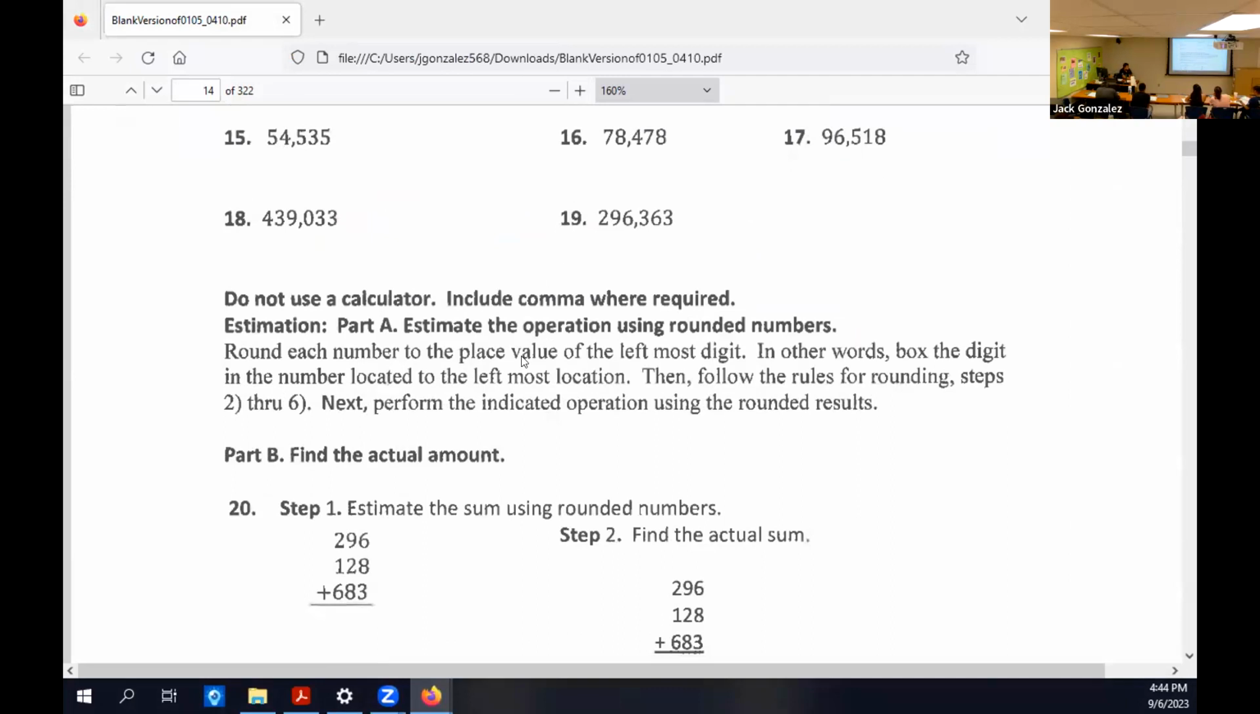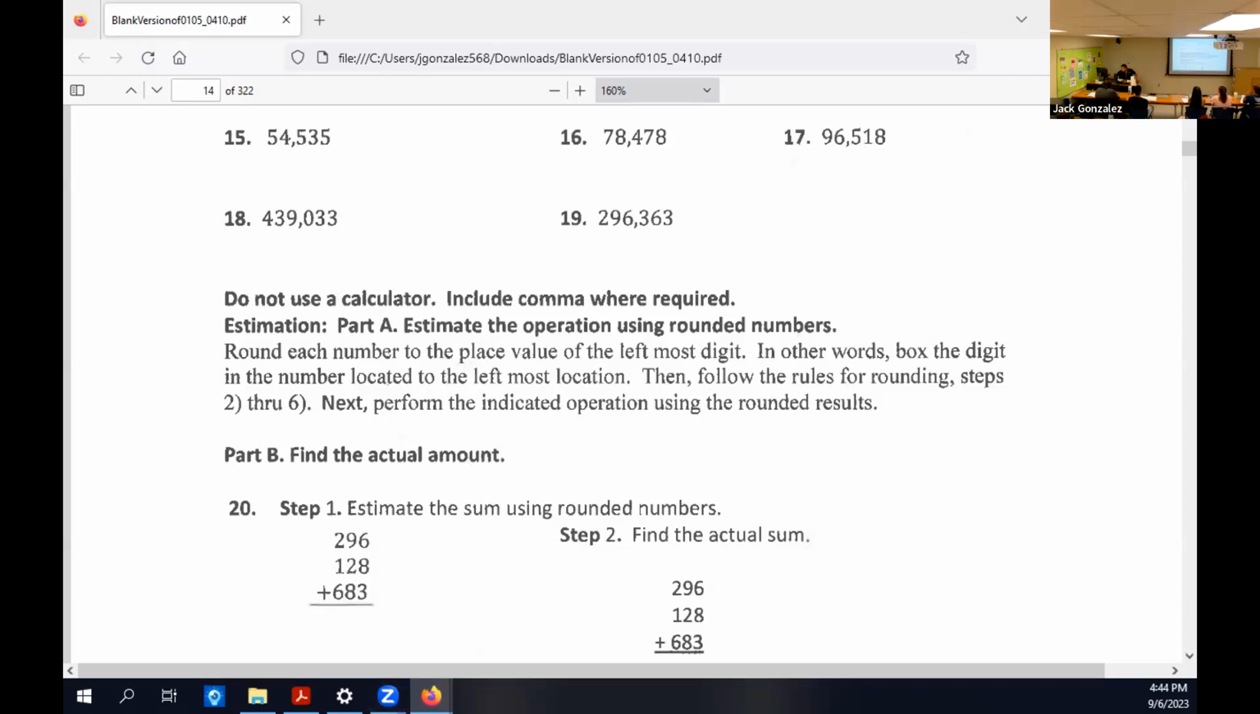The 20, so this is an adding technique, which is pretty obvious when you think about it. It says round each number to the place value of the leftmost digit. So you go all to the left and round that number. Once they're all rounded, then you add them. So step 1 is add them using that estimation process, but then step 2 is actually find the number, the actual total. So right here,